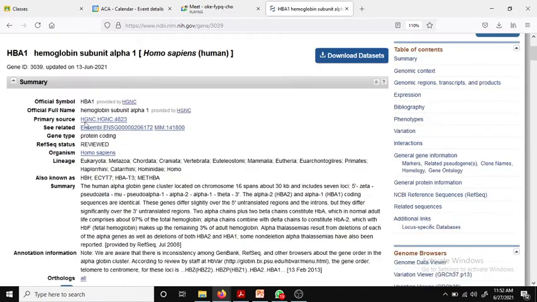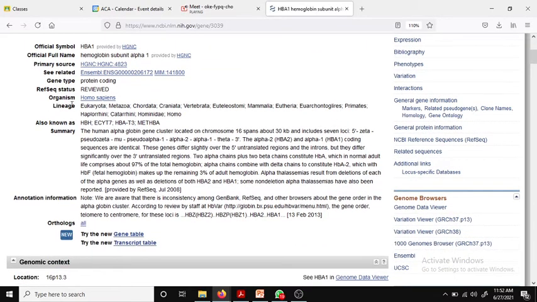Take the example of the official symbol in the summary, the official full name is here, there is a primary source, then the related sequences in another database, Ensembl, then it is basically the protein coding sequence, right? The organism is Homo sapiens, and there are different lineages where these segments can occur.